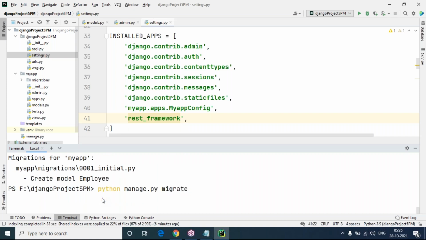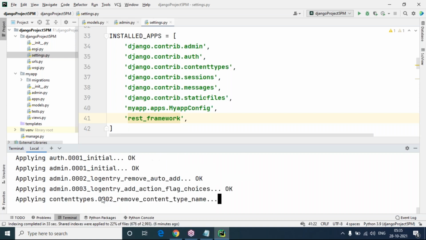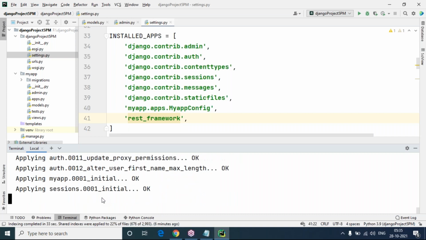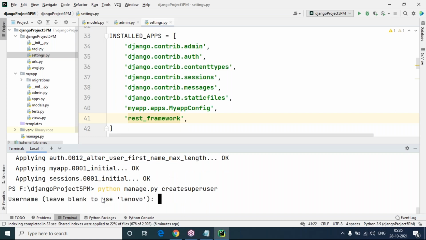I'm taking migrate. When we do, then it will create a table with the name employees. After that, I want to create a superuser. python manage.py createsuperuser, and I'm going to create the superuser name.